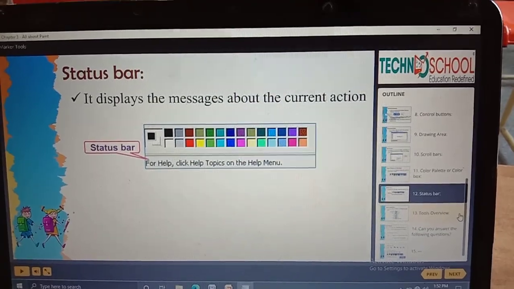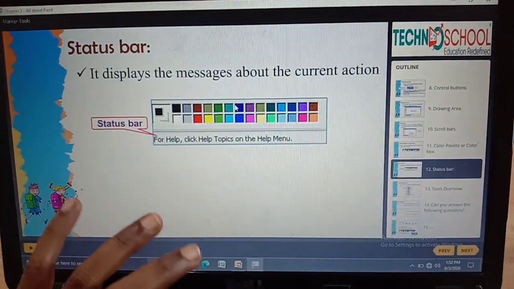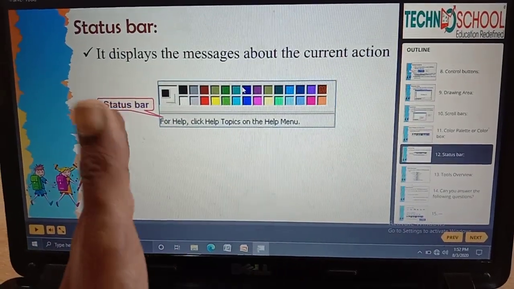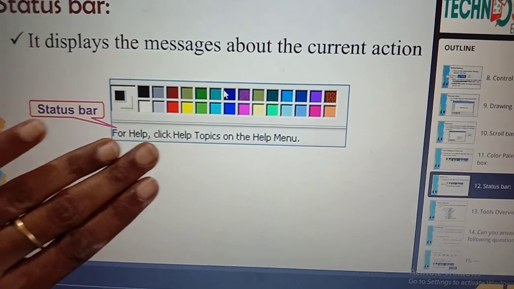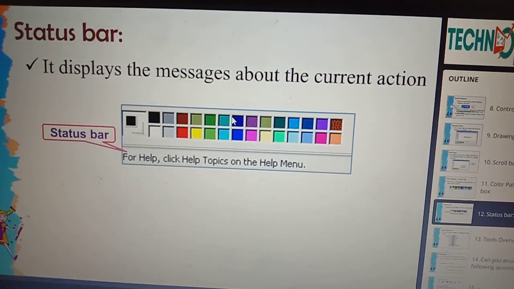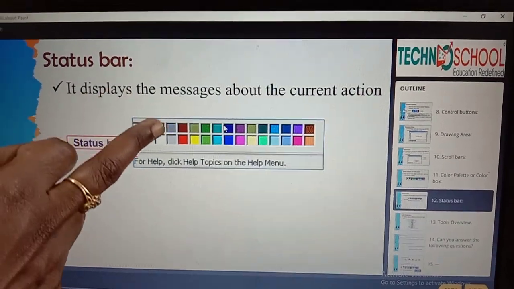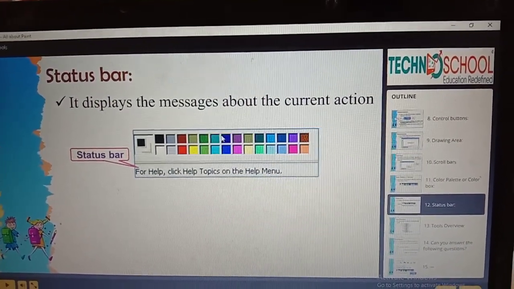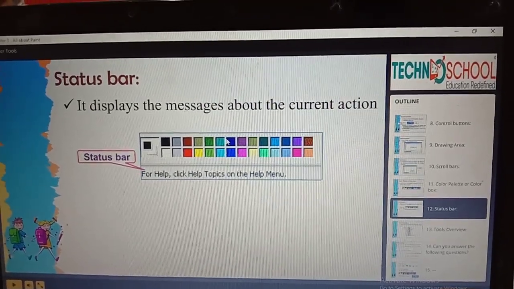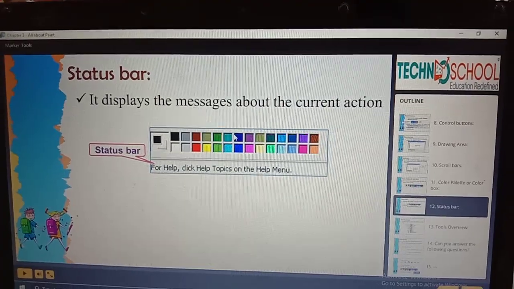I told you that if I place my cursor here, it will give the information that the cursor is actually on the paint, on the color box or color palette. So the status bar displays the message about the current action, actually what action I am doing right now. It holds the information or a message related to the current action.